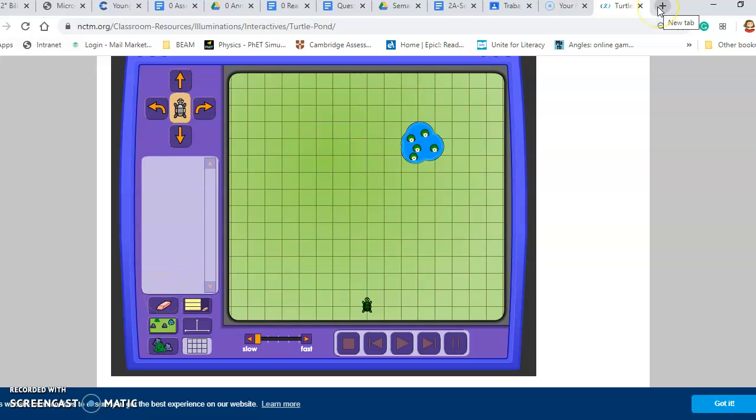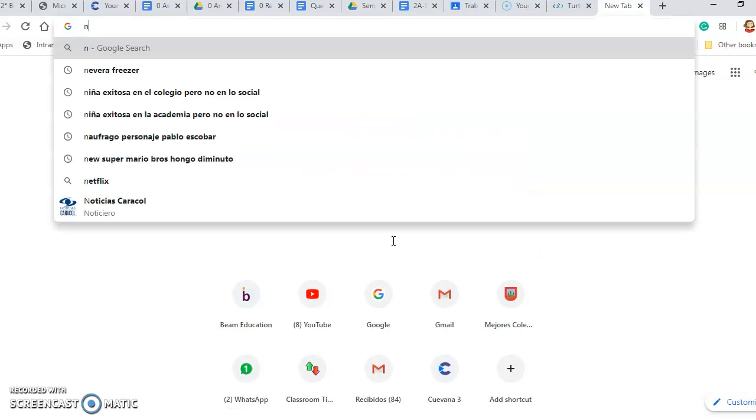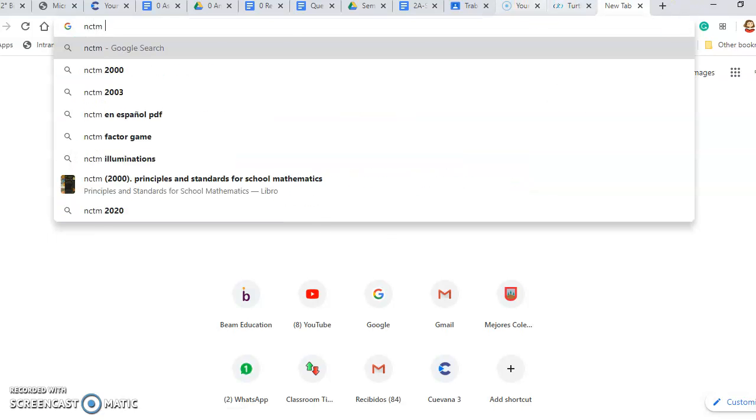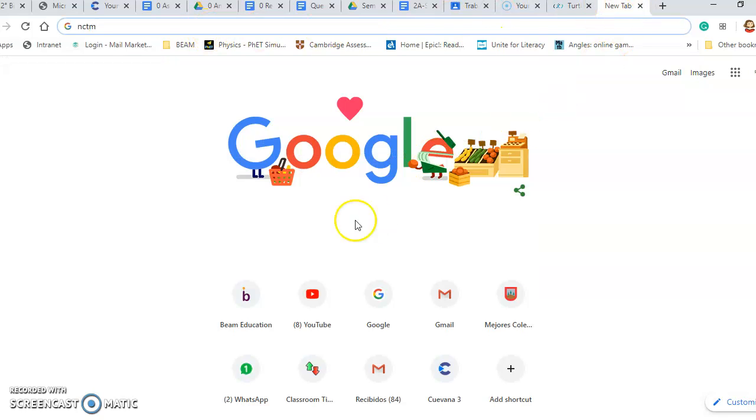I'm going to show you another way to go to this game. Remember always to look at the link. The most important is the name of the page that is NCTM. So if you cannot enter through the direct link, you put NCTM and then you put classroom resources,